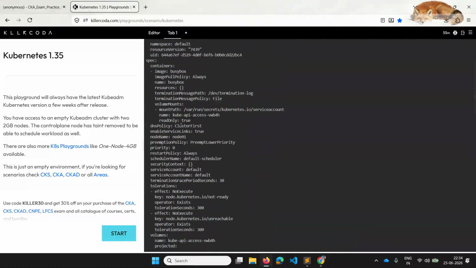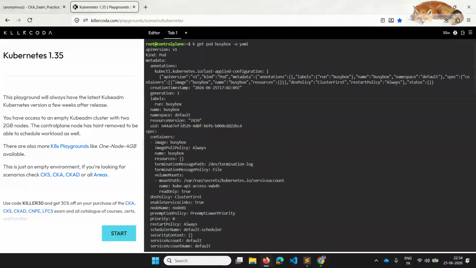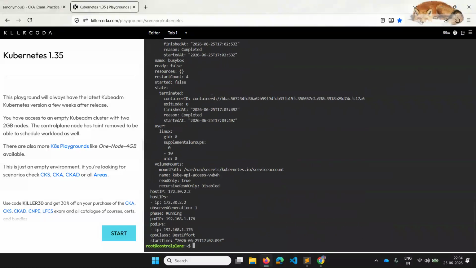This is pod2's YAML. We have created this pod without host network as true, right? And that's why the pod IP is this. So this IP address came from the pod CIDR range of this particular node.